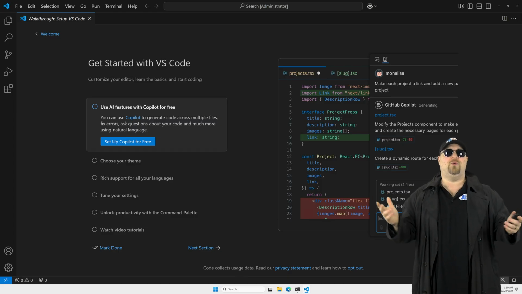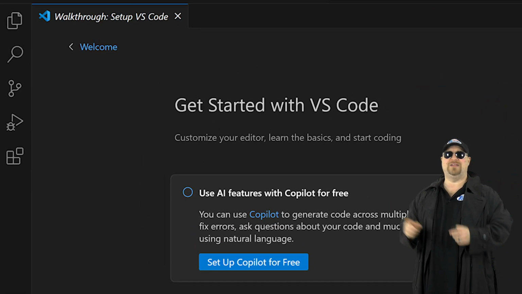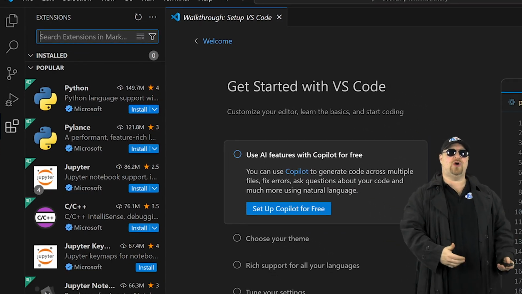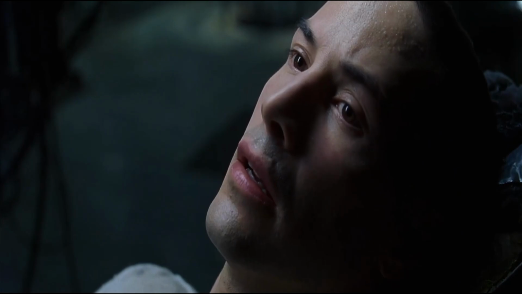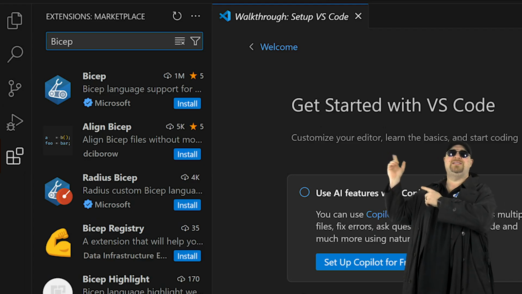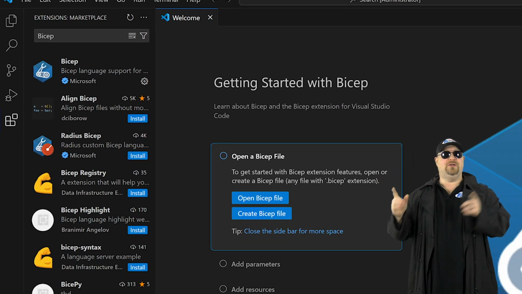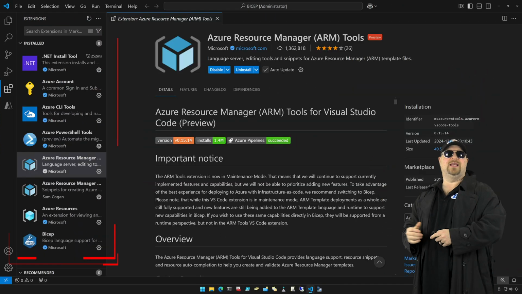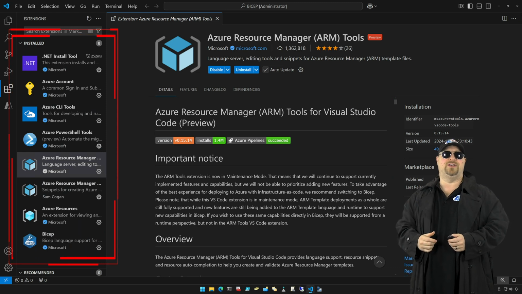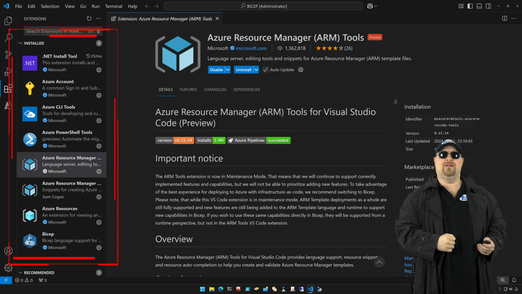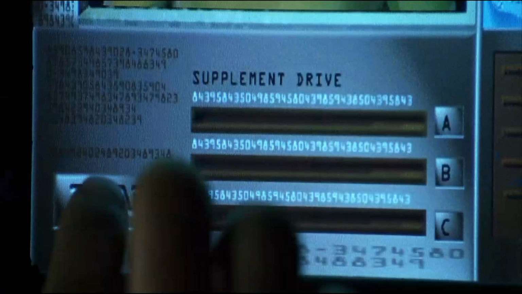Inside VS Code, you want to look at the activity bar on the left and click over here. These are the extensions. This is how we train VS Code to learn more skills. I know Kung Fu. Just type Bicep in the search box and then hit install. And there's a few others that you should install too. And here's a list so you can pause the video if you need to. And with all that installed, we're ready to bend reality to your will. So let's jack in and start writing some code.